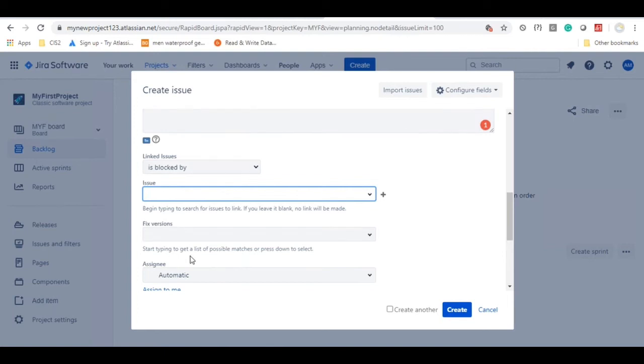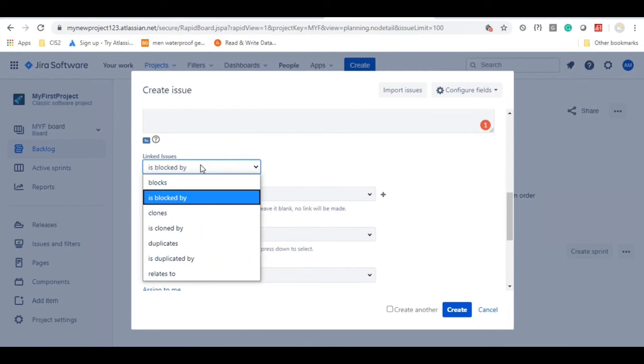Okay, is there any dependency or not? If the dependency is there, he will check what the dependency is. Then first they will try to develop that particular user story. In this case, if you assume that the login functionality is a major functionality and it needs to be implemented before this, then you can just select that user story. Currently, we do not have any login related user stories here. That's why it is not showing anything in the dropdown, but it is blocked by this particular user story, blocked by the other story. So such kind of things you can do.